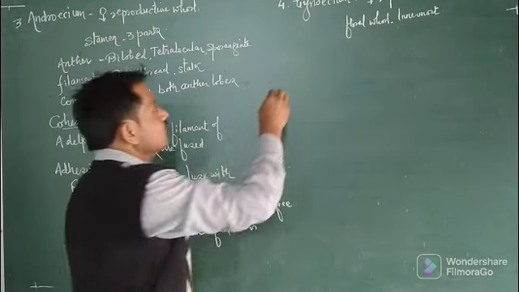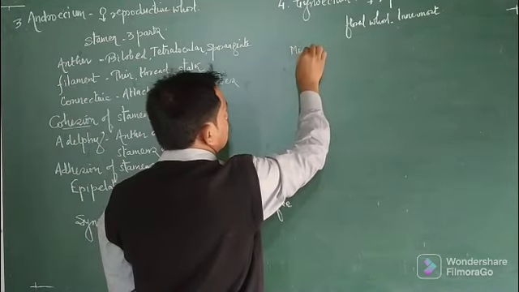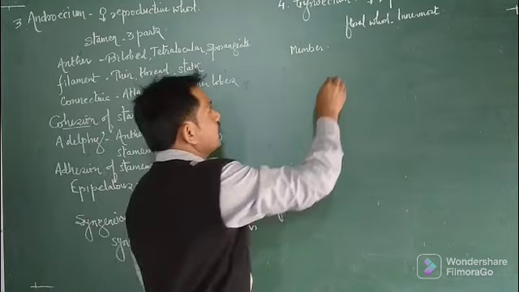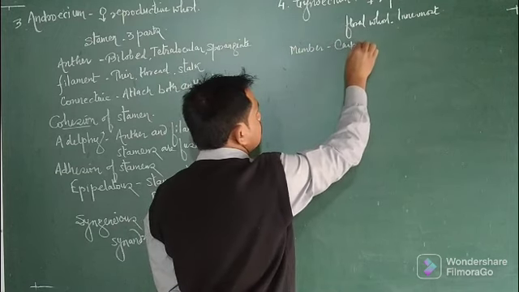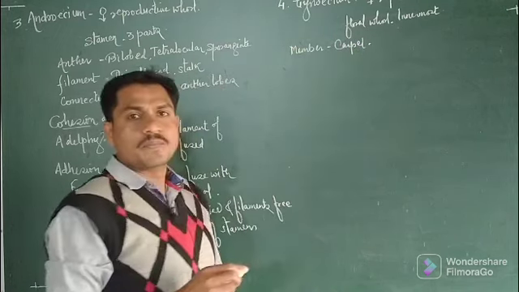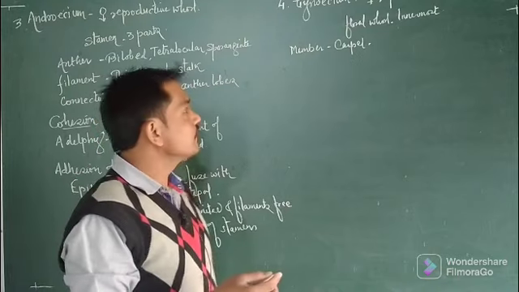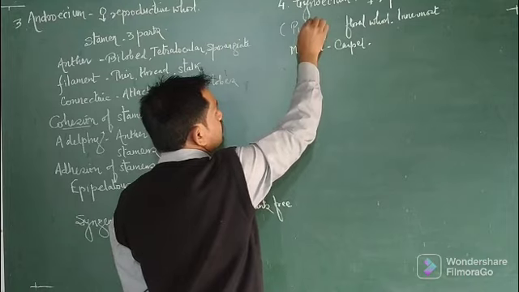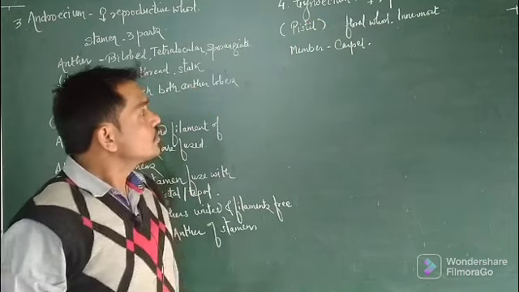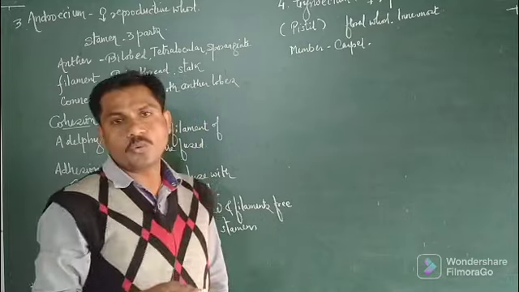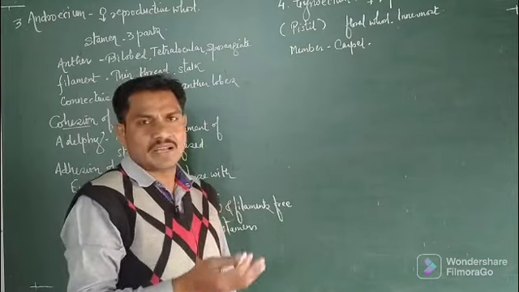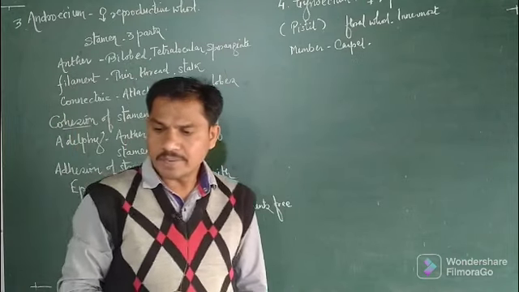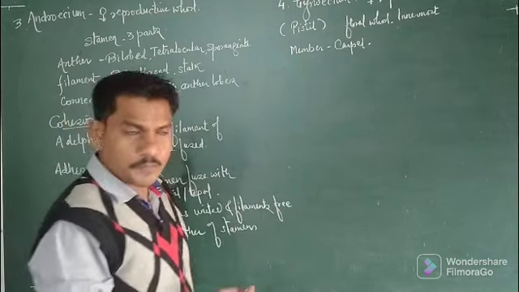Here the individual member of the gynoecium is called a carpel. The number of carpels may vary from one to many. Gynoecium is also called pistil. So gynoecium may be monocarpellary, where a single carpel is there, or multicarpellary, where more than one carpel is present. So monocarpellary and polycarpellary.